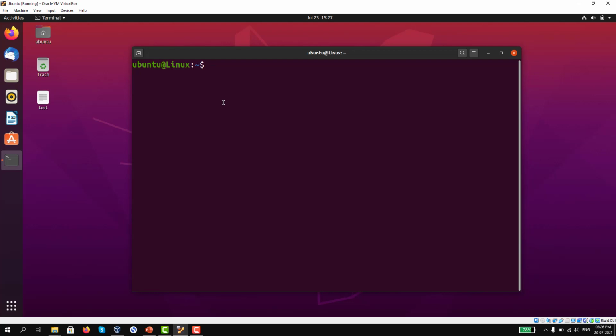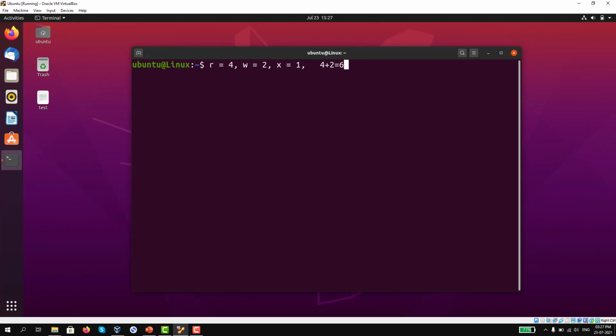I have explained you read permission means 4, write permission means 2, and executable permission means 1. If I want to add for a particular file read permission plus write permission, I need to add 4 plus 2. What I will get? 6.